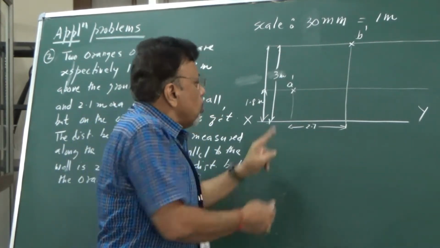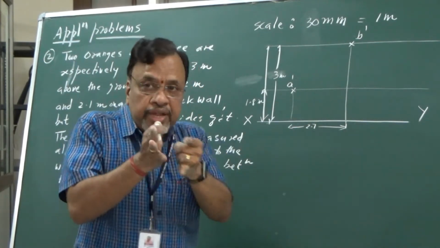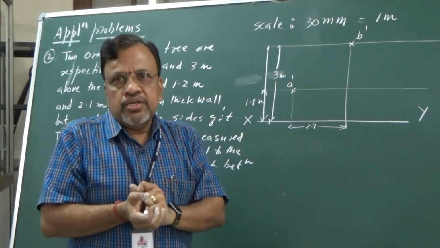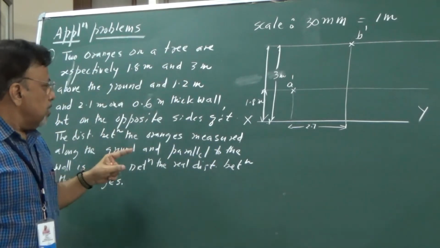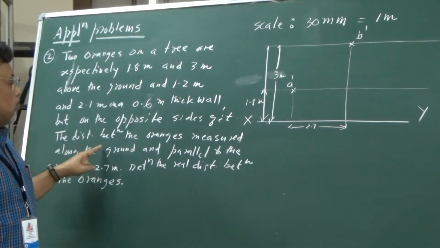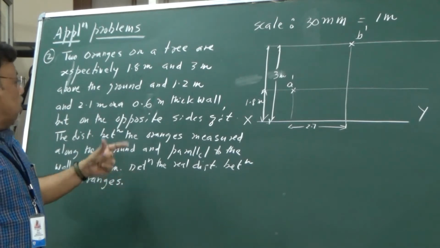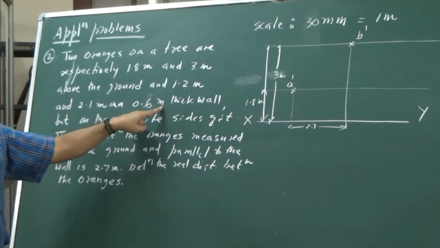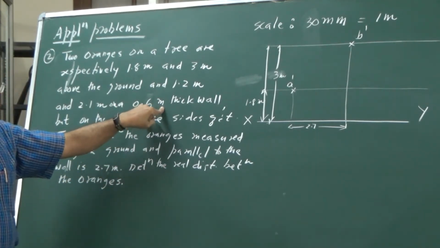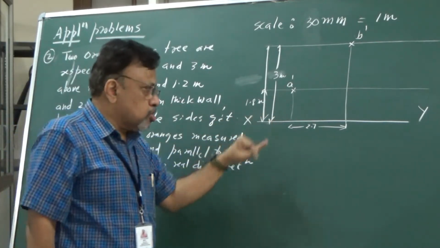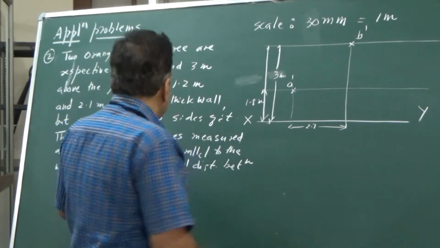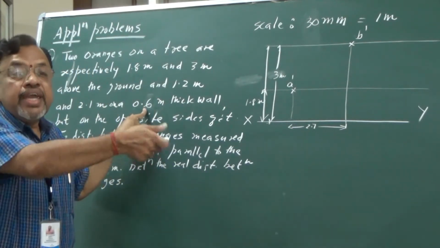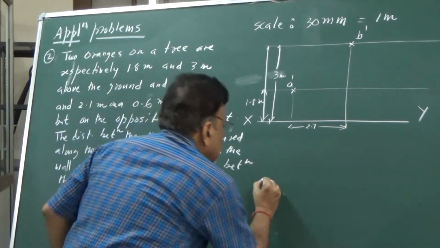In the top view, to locate these two, the reference is nothing but your compound. So I need to first show the compound. Okay, compound, how much is it given? It is given that this particular compound or this wall thickness is given as 0.6 meters. Since we are drawing this top view, I can draw anywhere below the XY line. Is it okay? So 0.6 means I should take that to be 18 mm. So draw 18 mm, 2 lines.